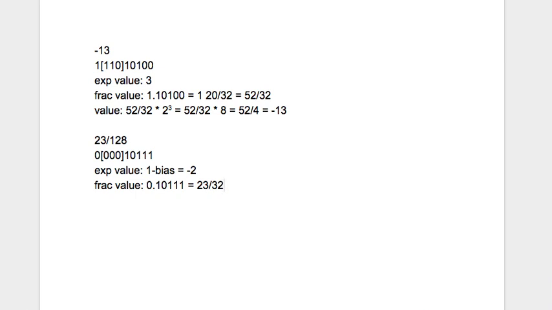So we have 23 thirty-seconds, and for our overall value, we take 23 thirty-seconds and times it by 2 to the exponent value of -2, which is 23 over 32 times 1/4, which is 23 over 128, which was our original number, so that confirms that